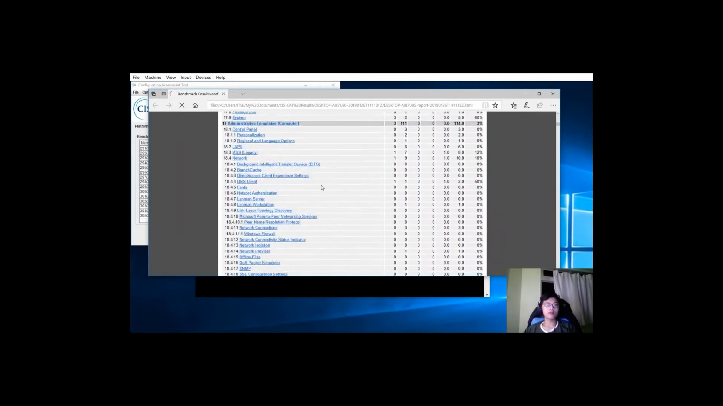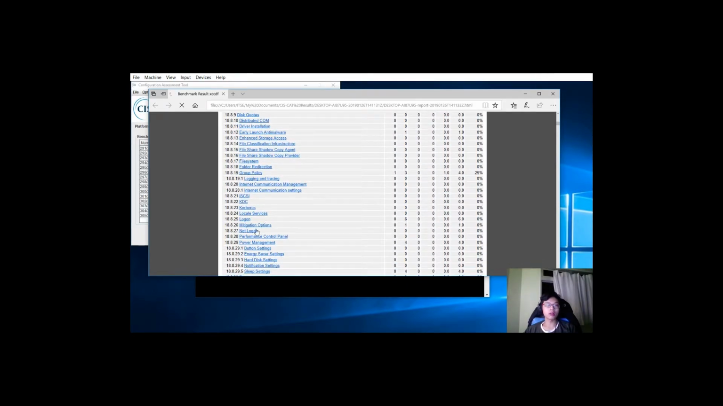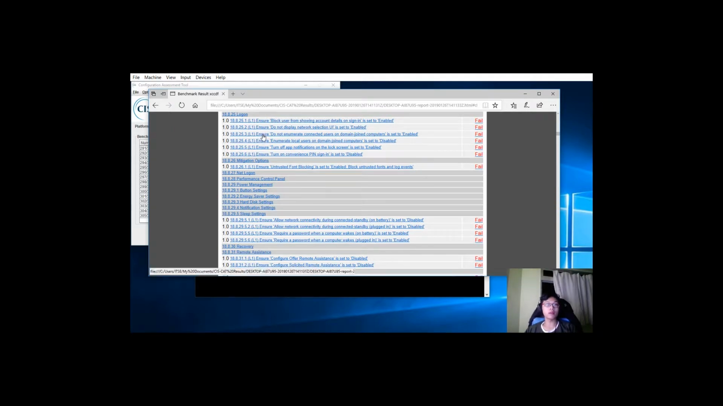Okay, so now a few reports. We'll be fixing the logon and mitigation options. So here we'll be fixing from 18.8.25.3 to 18.8.26.1. Okay, so not enumerating the connected users on domain joined computers. This is to ensure that should there be a malicious user trying to get access to the account, they are not able to, because